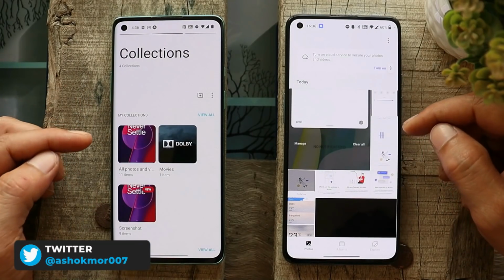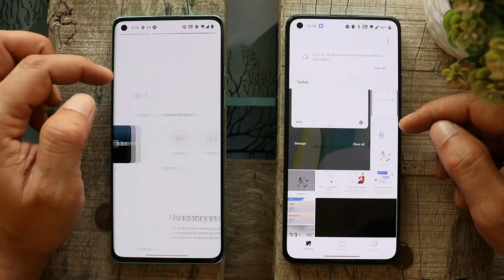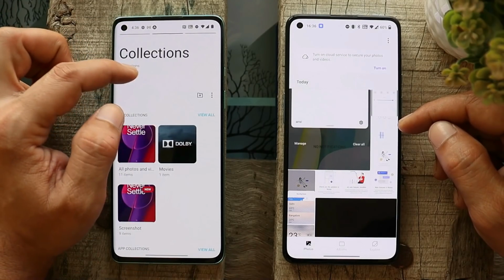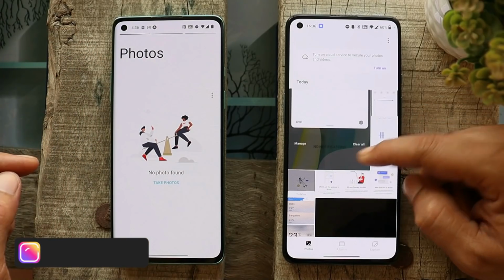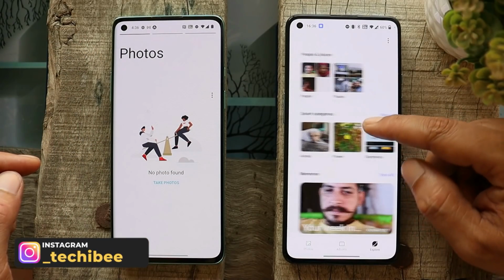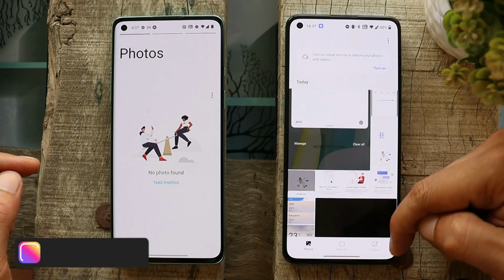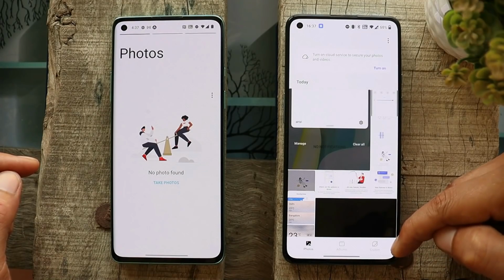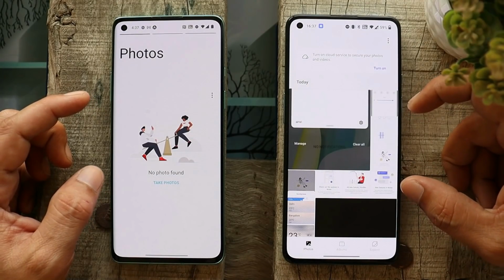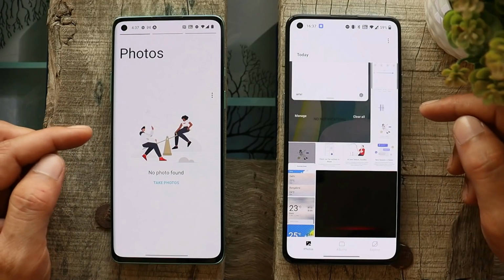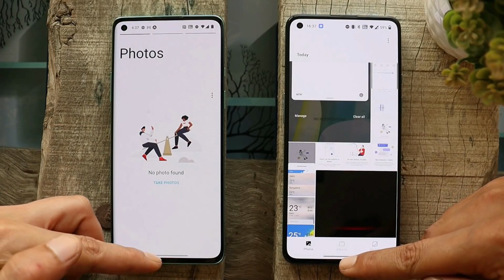Talking about UI changes, on Oxygen OS 11, we had this option to slide to different sections like Explore, Collection and Photos. Those slide options can still be used on Oxygen OS 12, but along with that you can also make a selection by tapping on the categories given below. This is the first page of the gallery application. So guys, stay tuned, a dedicated video on the gallery application will be live soon.